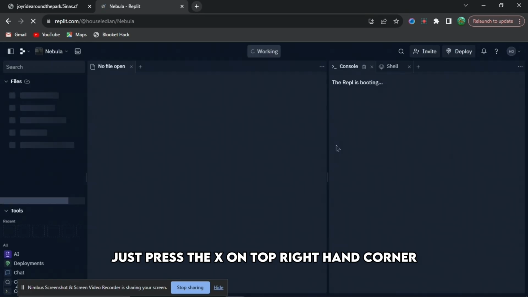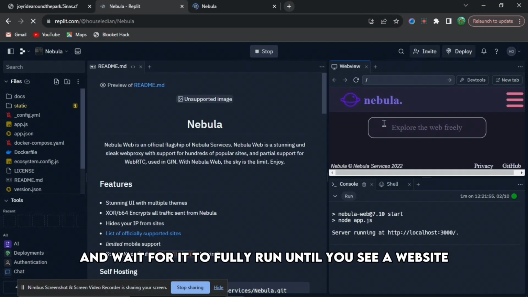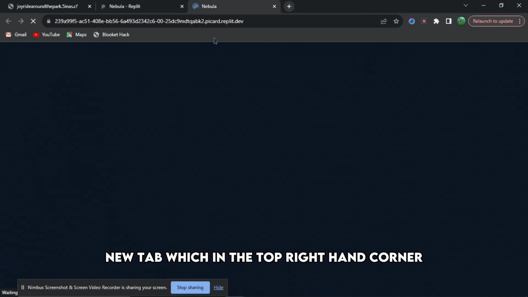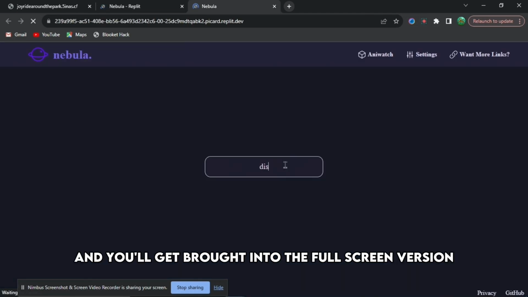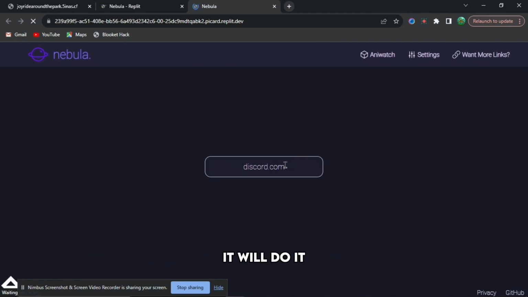Just press the X in the top right hand corner and it will say the REPL is booting. Press run and wait for it to fully run until you see a website, which is right here. The next thing you're going to want to do is press new tab, which is in the top right hand corner, and you'll get brought into the full screen version. Then you can search up whatever link you want, such as discord.com. It will do it, and yeah,